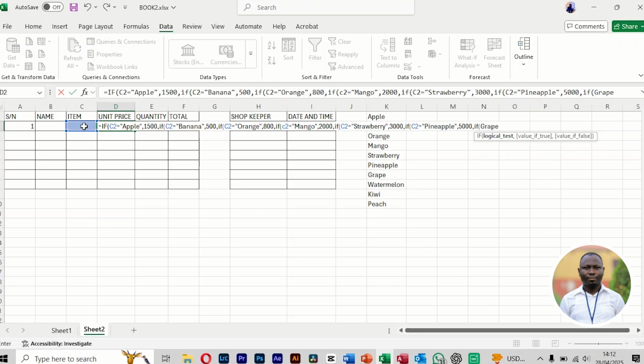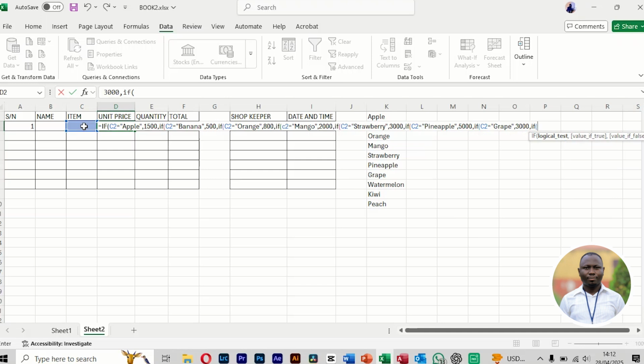grape, C2 equals to grape, close, comma, grape, let me give it 3,000, comma, if open brackets C2 equals to open quotation watermelon, close, comma, let me put it at 10,000, comma, if